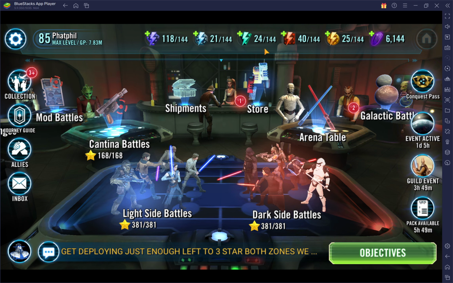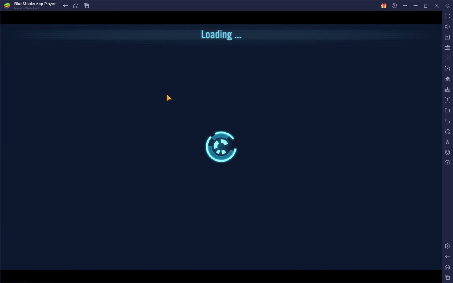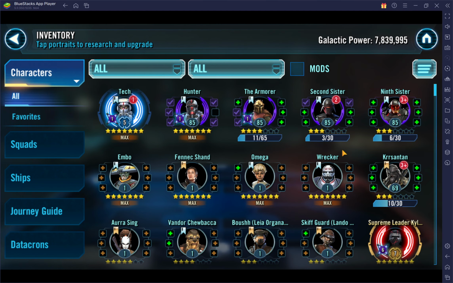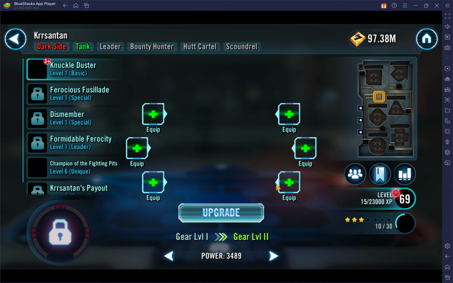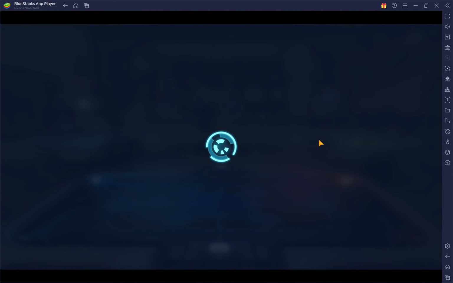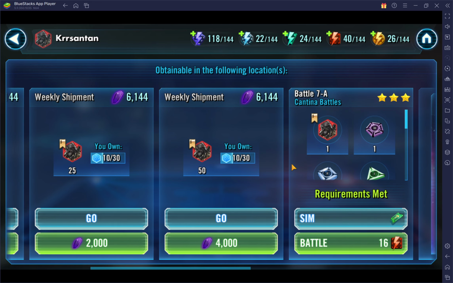The big three energy here. How do you want to be splitting this up? Where do we want to be focusing? So I'm going to start with Cantina, actually. And I'm going to first click on a character like Chrysanthemum here. So I need Chrysanthemum shards. They're only available in the Cantina. I can get them in the shipments, but